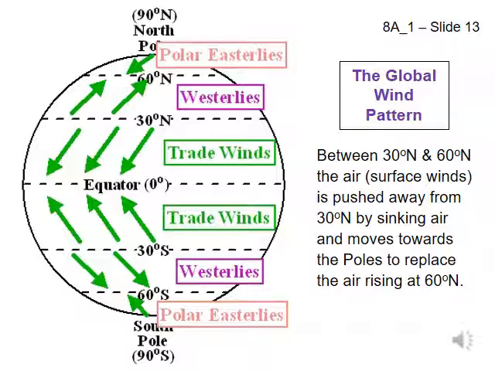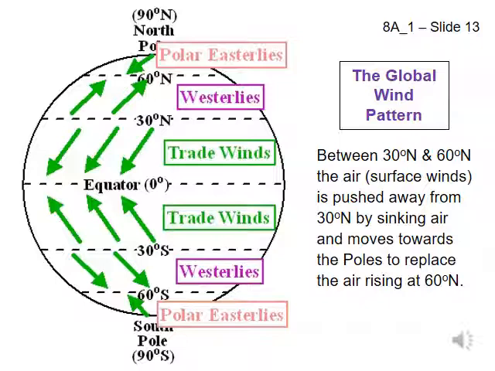Names have been given to the winds that blow at each range of latitudes. For example, the winds between the equator and 30 degrees north are called the northeast trade winds. The winds between the equator and 30 degrees south are called the southeast trade winds. The key point to take away from the global wind pattern map is that the winds between the equator and 30 degrees north go southwest most of the time. The winds between the equator and 30 degrees south go northwest most of the time. We call these latitudes at which the winds mostly go in the same direction wind belts. A belt wraps around your body. Each wind belt wraps around the Earth.